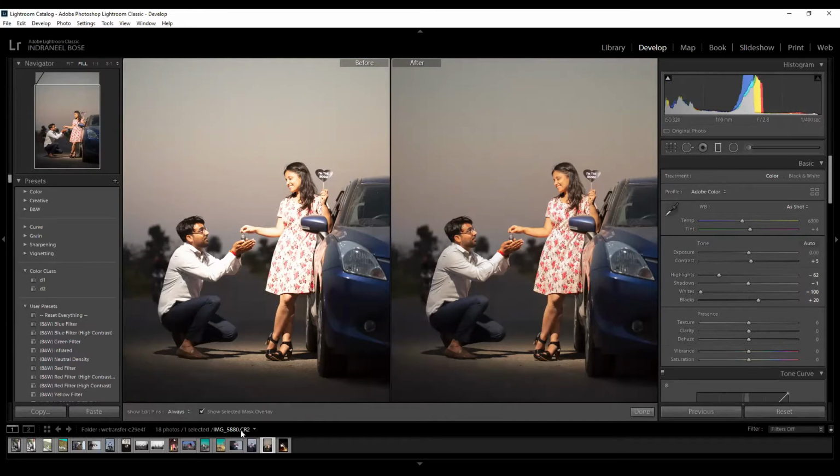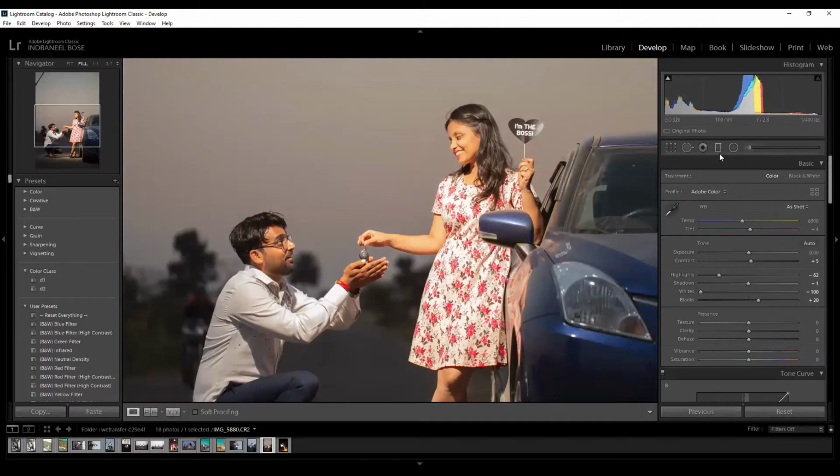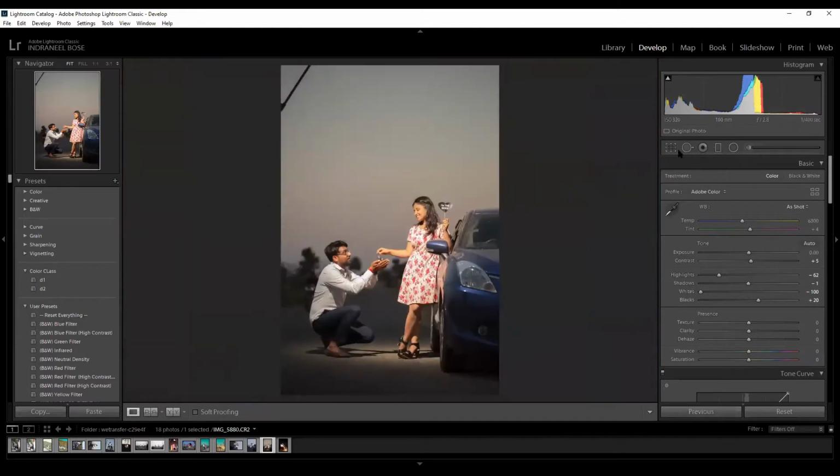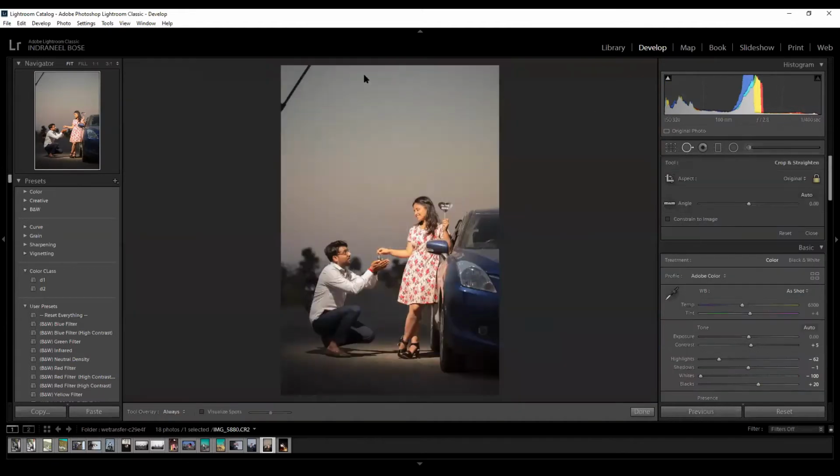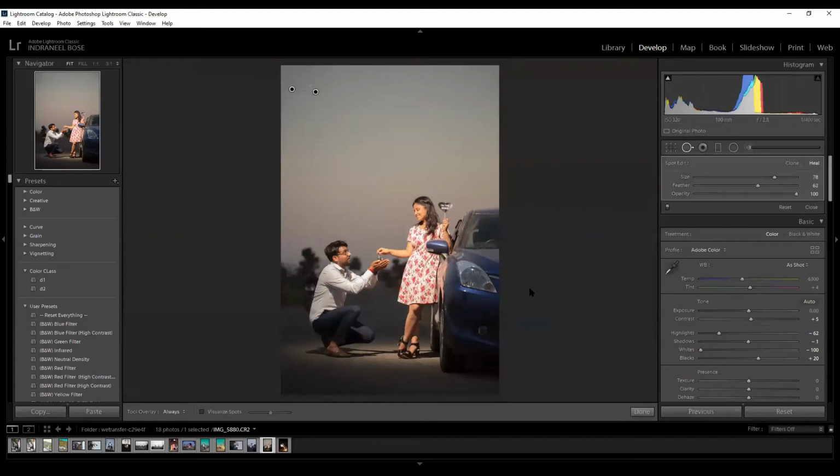So now let's do the grading part. How can we do the grading part? First, let's clear this.